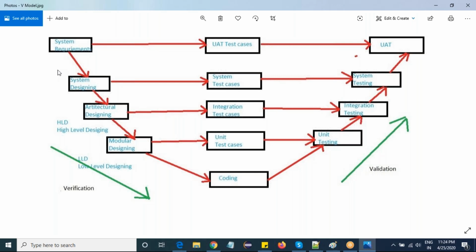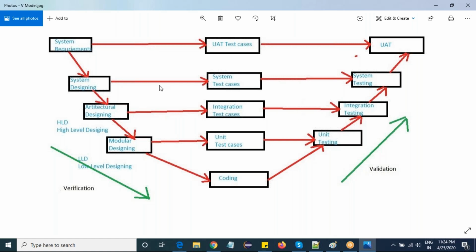The major disadvantage in waterfall is resource utilization, because there is no parallel work done by developers and the QA team. Here there is a chance of both developers and QA working at the same point.